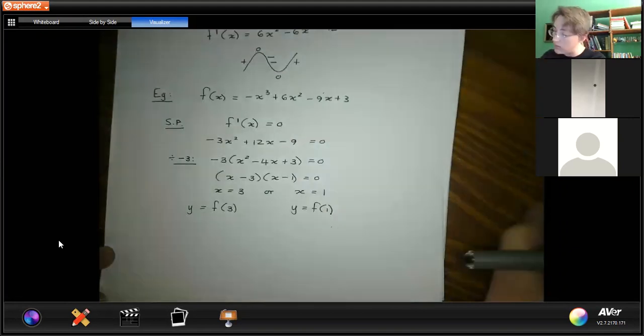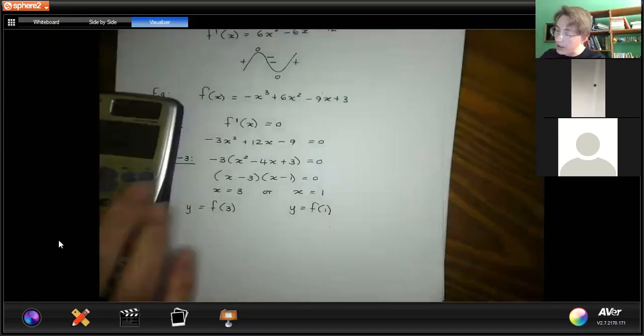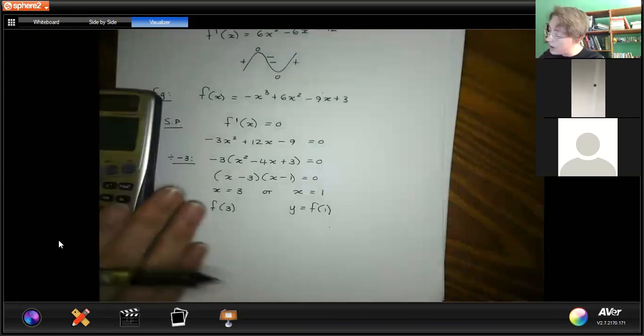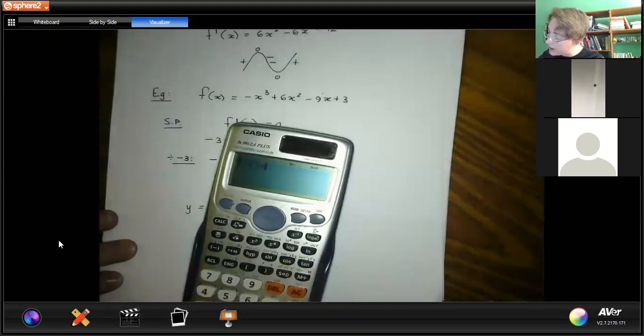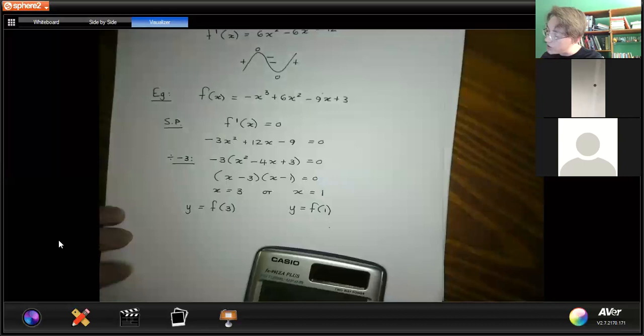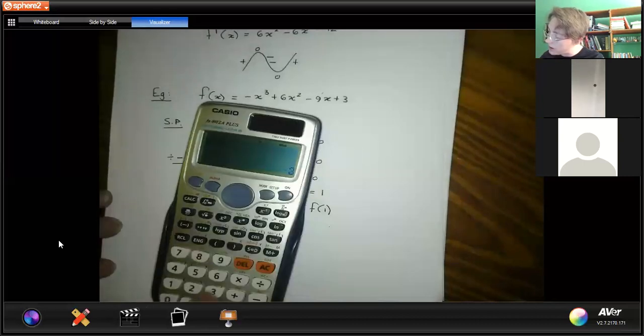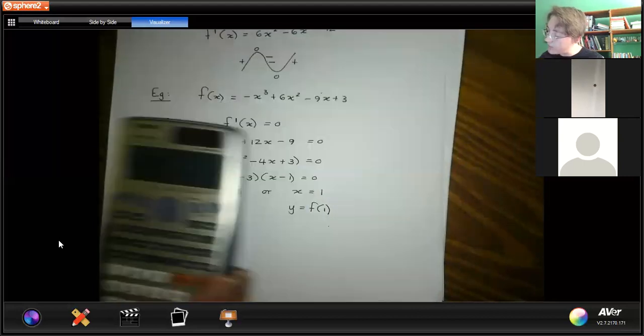So again, a little bit lazy over here. I'm going to keep on working with the table function. We go back to the original one, and we say it's -x cubed plus 6x squared minus 9x plus 3. And I'm going to just go from 1 to 3 because that'll give me all of them. So I start at 1, end at 3, step in 1s. Okay, so at 1,